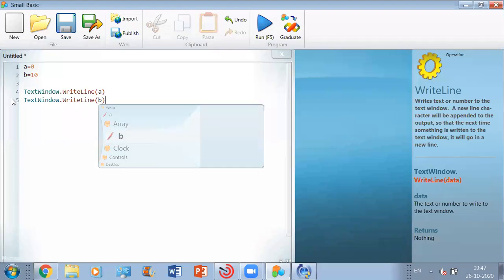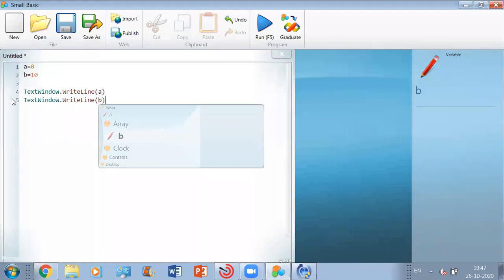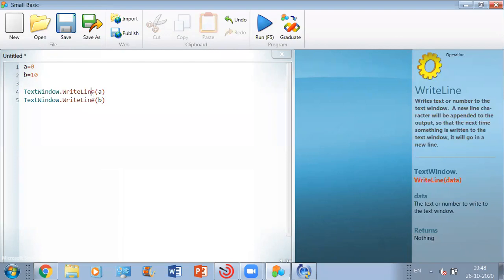Sir, when we write a code with WriteLine, it will be in a different line. But if we write a code using the word Write, it will be in the same line. That is absolutely correct, Akshar. Because you are practicing, maybe that is the reason you know the answer. And that's what I'm telling you guys, you have to practice a lot. This is coding. If you really want to create magical things out of the things which we are discussing in this online class, you have to learn coding.